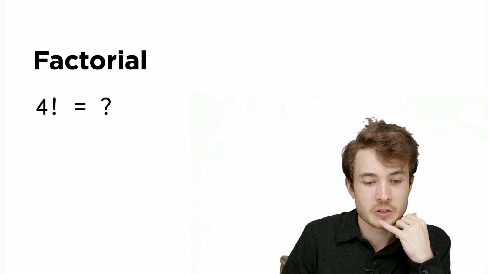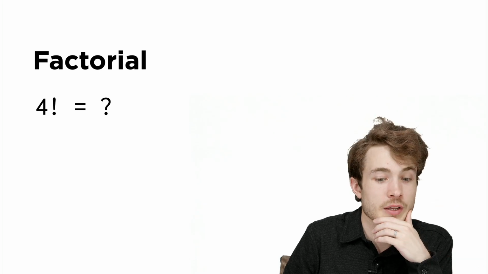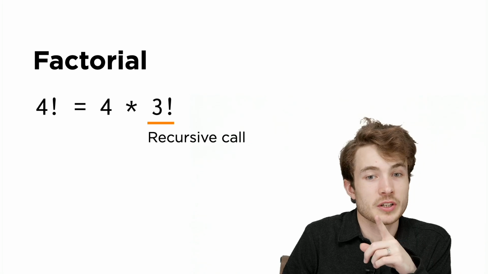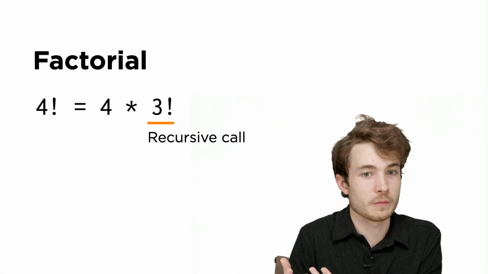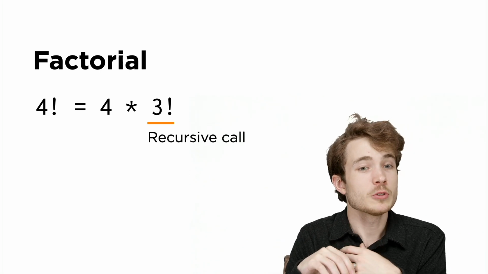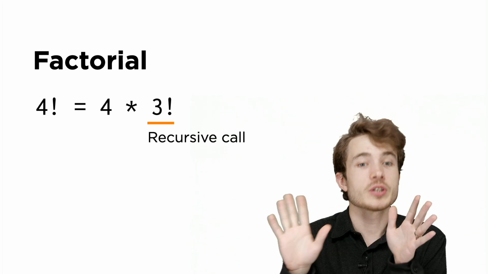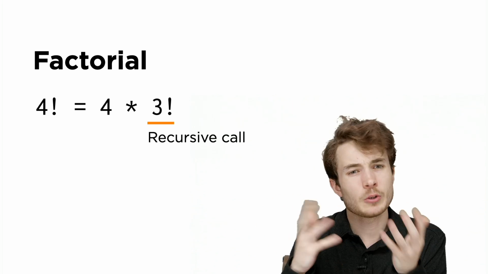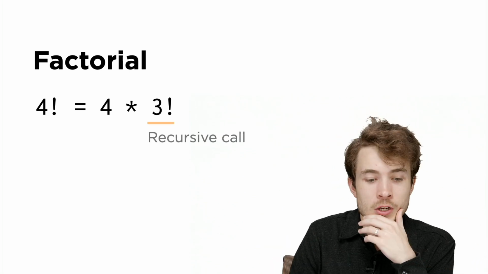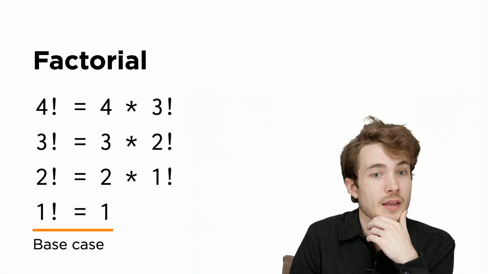So to make things a little more concrete, in computer science, we might give a few names to these things. So first we'll say 4 factorial is equal to what? Well, 4 times 3 factorial. But this here is what we're going to call our recursive call. We're going to kind of kick the can, as David said, and say, well, we know the solution to 4 factorial is just 4 times 3 factorial. Now the question becomes, what is 3 factorial? Let's find out.